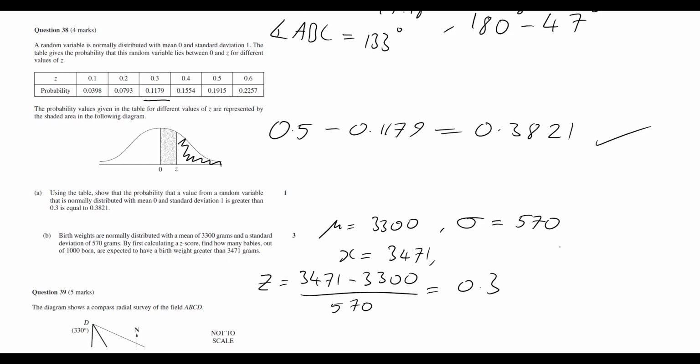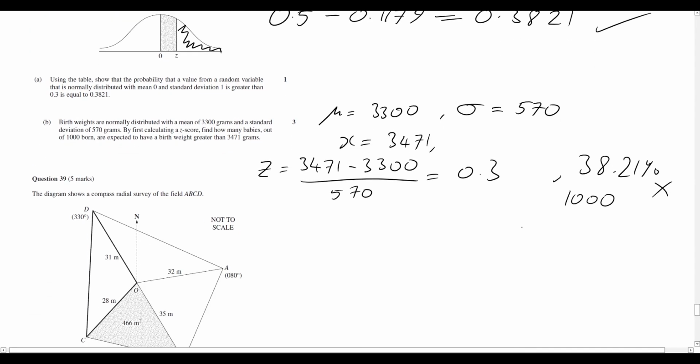So all we'll do here is we'll say that 38.21% times by how many babies were born? 1,000, and that is the approximate number of children that are expected to have a birth weight greater than 3,471 grams. And obviously that is actually just equal to